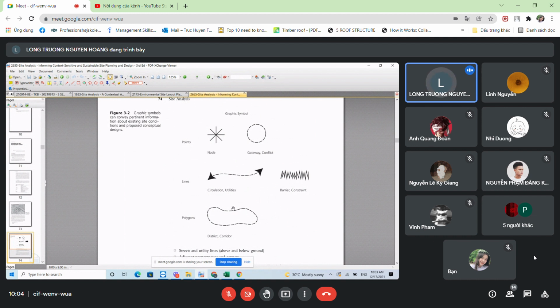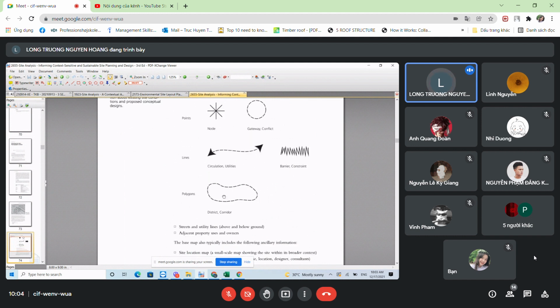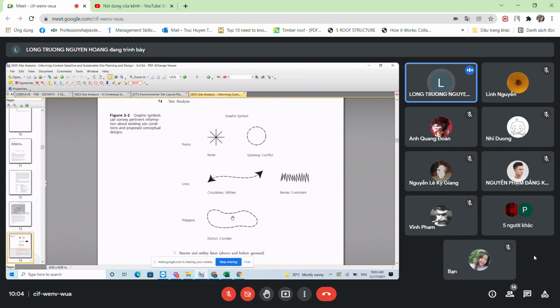When you have some corridor or area, you can mark an area for, for example, people's activity or others. When you have barriers or constraints, for example, trees, a row of trees, and barriers, you can make a shape like this to show